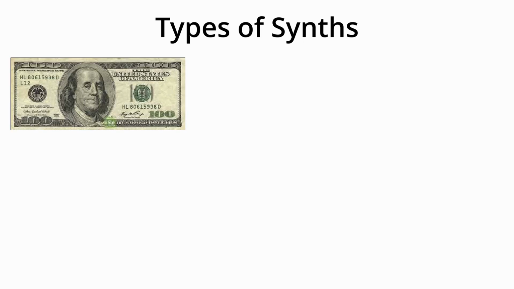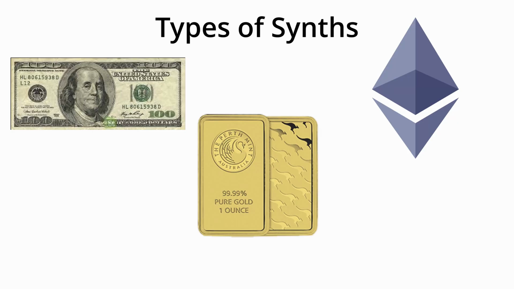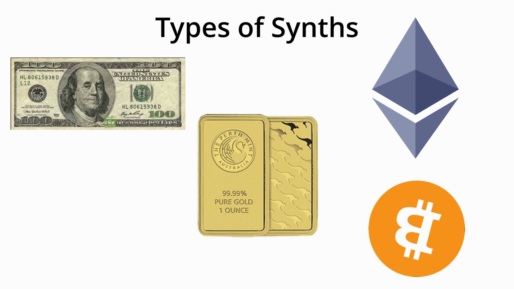Number 1 being fiat currencies, so SUSD, SEUR, and SKRW for the dollar, the euro, and the Korean won, respectively. There are commodities, like I said, gold and silver by the ounce specifically. There are other cryptos like SBTC, SETH, and SBNB, so Bitcoin, Ethereum, and Binance. There are inverse cryptocurrencies that track the price of the cryptos going the opposite way, so it's IBTC, IETH, and